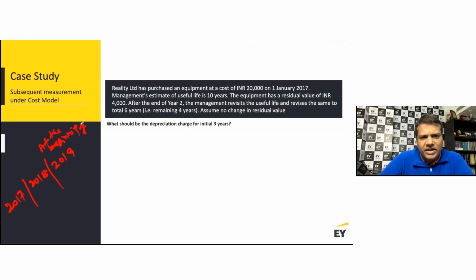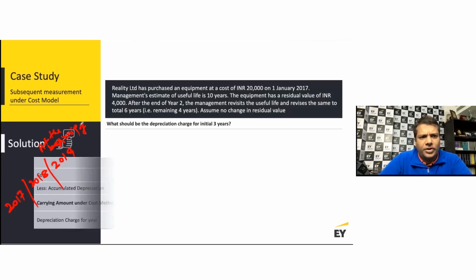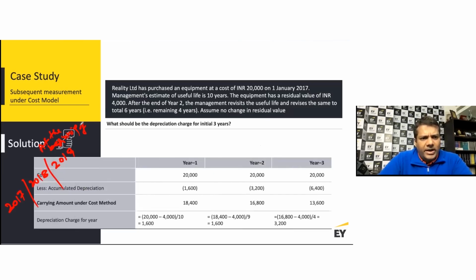Essentially I've revised my life to be 6 years instead of 10 years, right? The remaining life is 4 years. So when you look at this, what essentially we are trying to do here, my year one cost here,